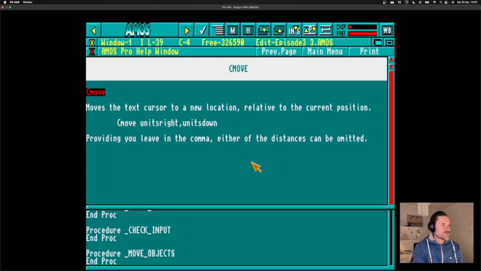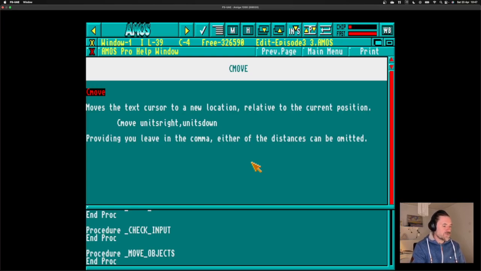Yeah, so I think this is good. It's a relative movement from where you are right at the moment with your text cursor. Could be useful if you don't want to write locate all the time. You know that, yeah, I want to go down from here just one row, and you can